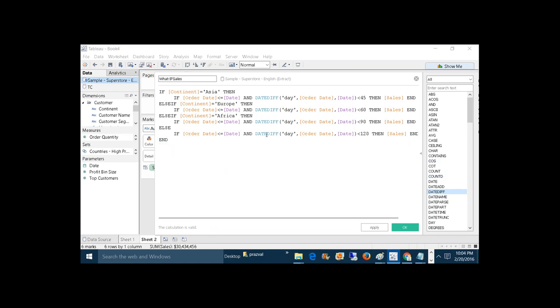So if the component equals Asia, then I'm fetching the last 45. If the component equals Europe, then I'm fetching the last 60. If the component equals Africa, then I'm getting the last 90. And if it is any other component, then I'm getting the last 120 days. Okay, so